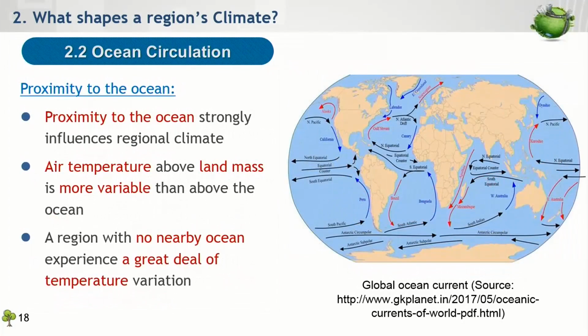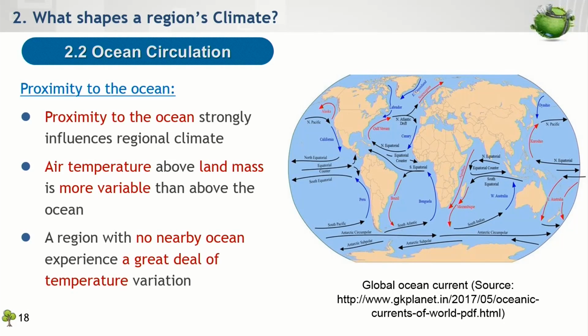Aside from the effect of ocean currents, how far the region is from the ocean also greatly affects its climate. Because land material has lower specific heat capacity, which is the amount of heat required to change the temperature of 1 gram of a substance by 1 degree Celsius, compared to water, land areas generally absorb and release heat energy more